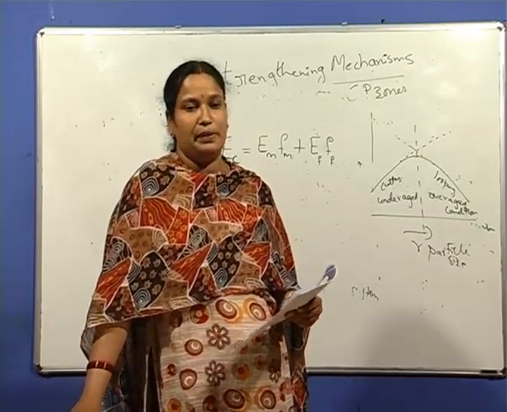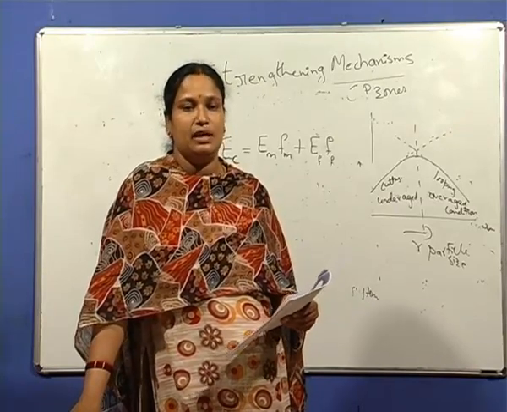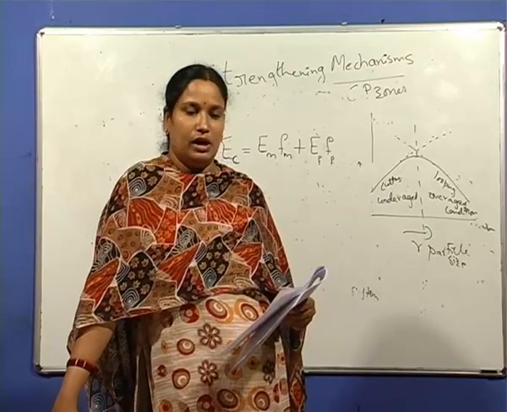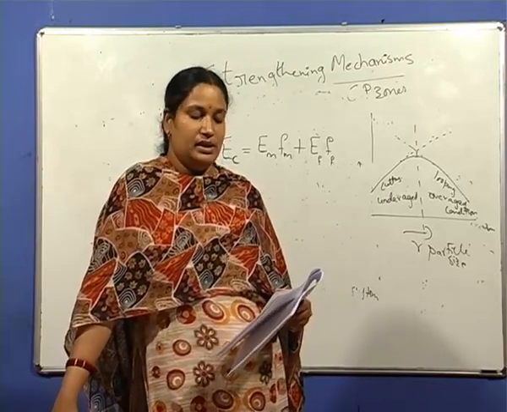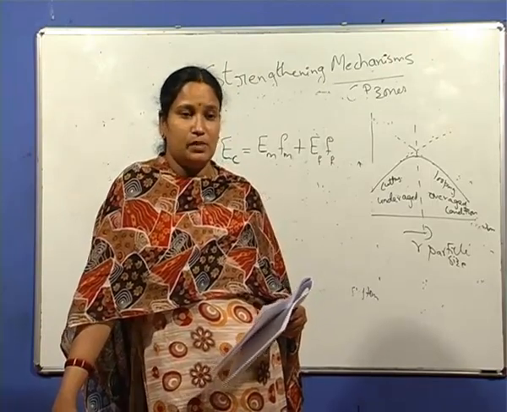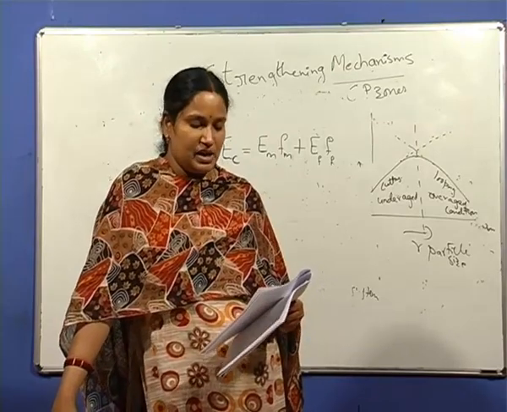Since this topic has already been covered, if you go through the lecture as well as the reading material, you will find option D is the correct answer. That is, a low angle tilt boundary is an array of edge dislocations, whereas a twist boundary is a cross grid of screw dislocations. And question number